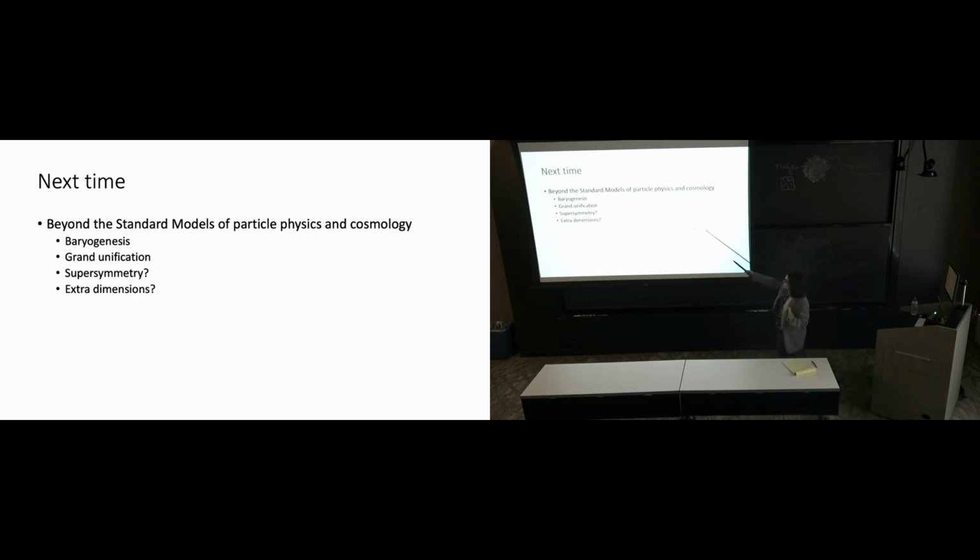We're going to go beyond the standard models of particle physics and cosmology, beyond what we've currently observationally seen, and think about what could happen at even smaller distances, something like grand unification of all of our different forces eventually becoming one. Maybe I'll talk about baryogenesis, how we think it happened, that in the beginning there was this slight difference of matter and antimatter. I'd be interested in what you would like to hear about. We could go into topics like supersymmetry or the possibility that there are extra dimensions.